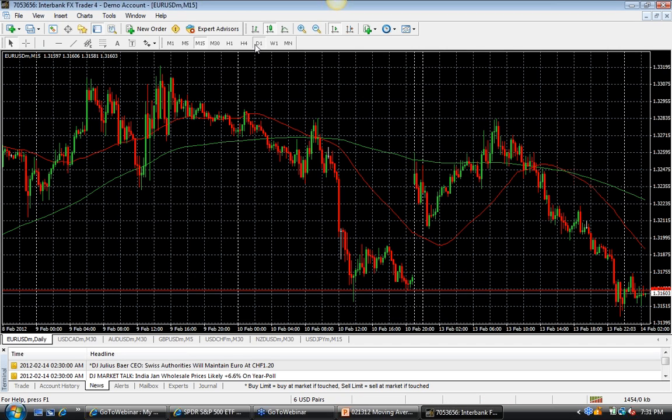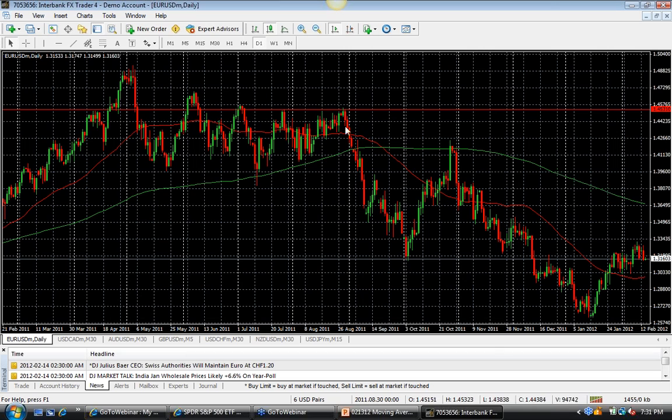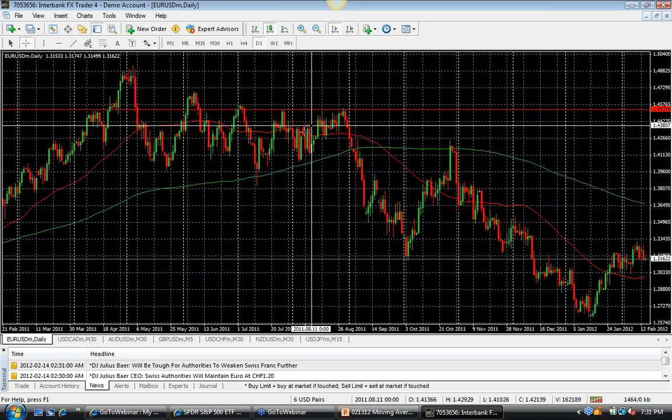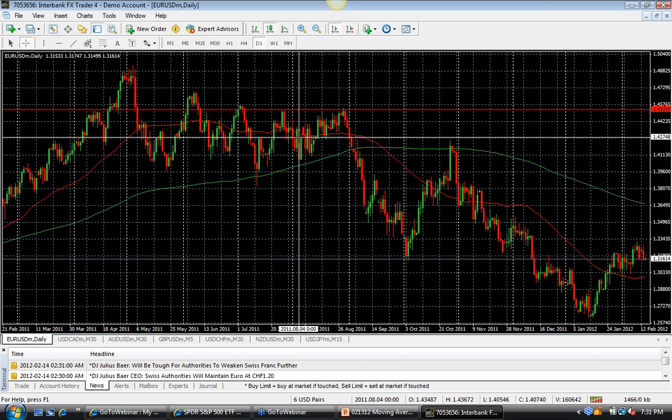Look at the size of the bars here on a daily chart, and look at the size of the bars now, okay? These bars here, and look at the size of the bars back here. These are much, much bigger bars, so you might have to change the amount of pips that you're risking. That person who said, I risk 20 pips and I use this and this, well, it might change as the markets change. This 20 pips may not have worked. You might have had to do a smaller amount of contracts and maybe risk 30 or 40 or 50 pips because it's a more volatile market.